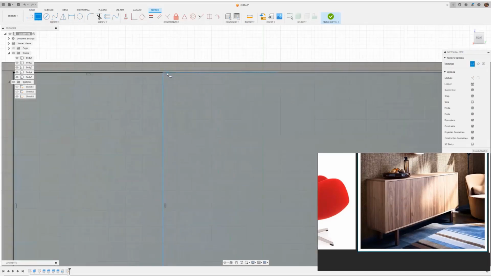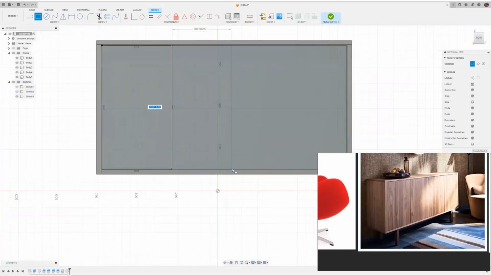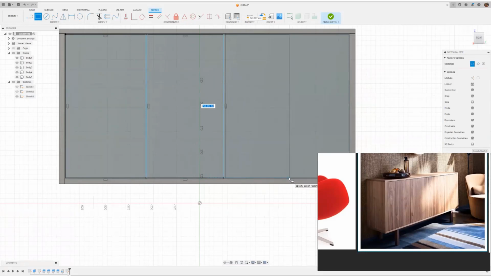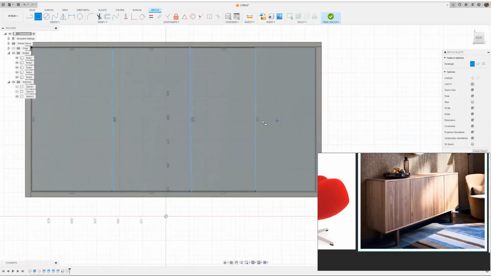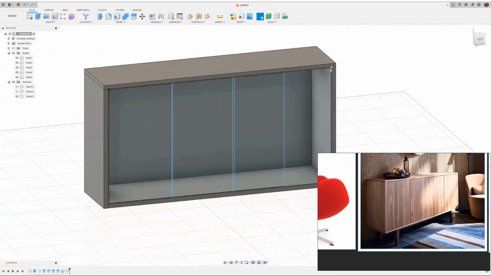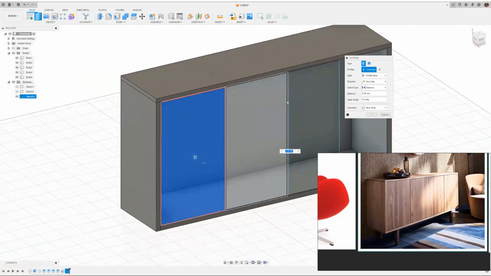Let's create another with some distance between each other. And I will create another one. And maybe for this part, we can draw some drawings, for example. Let's extrude these parts